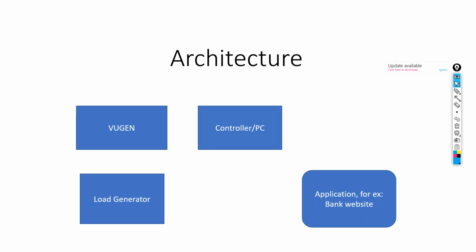Okay, now this is a very important component, because if you have the scripts or if you have the users, there should be some platform to run them, right? So we have to run all these scripts, and we have to see how these scripts are running with a number of users. So this particular component which will take care of this execution activity is called performance center or controller. Earlier we used to call it controller, and in the recent past they have changed it to performance center, but both are the same.